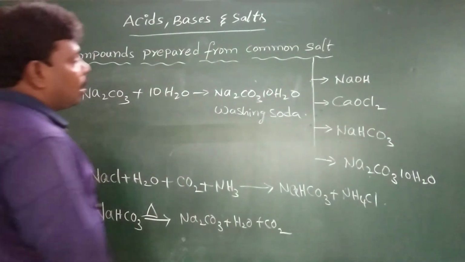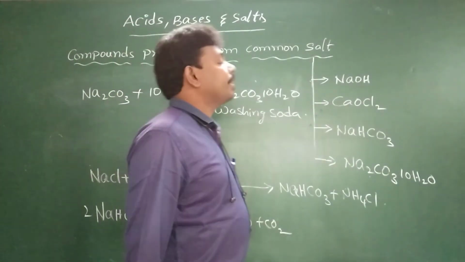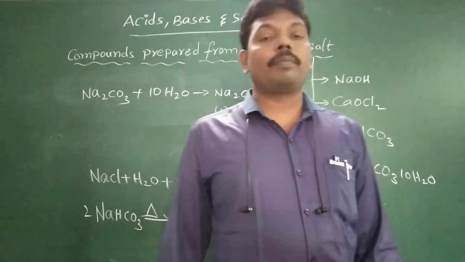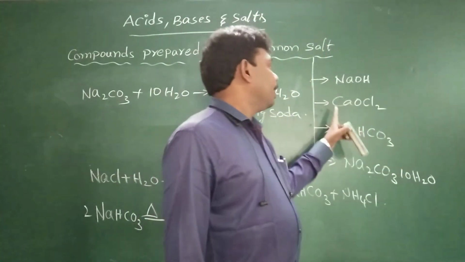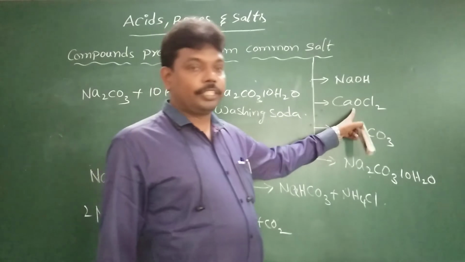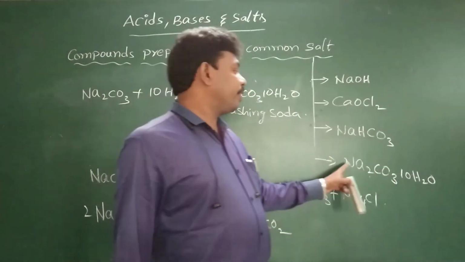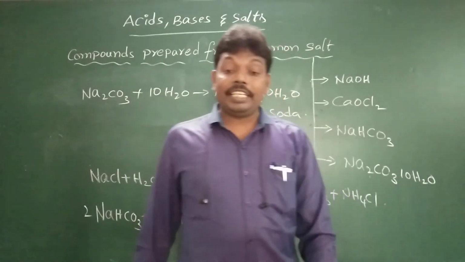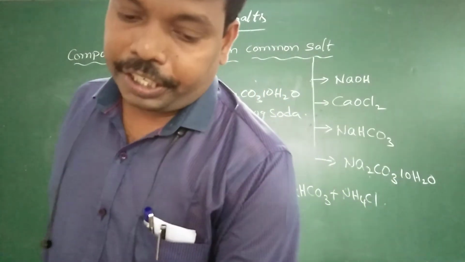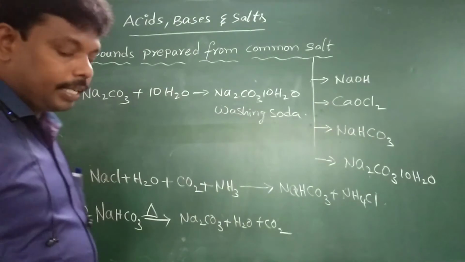Okay, so these are the four compounds prepared from common salt. What are the four compounds? Number one, sodium hydroxide. Number two, calcium oxychloride, bleaching powder. Number three, NaHCO3, that is called baking soda. Number four, Na2CO3·10H2O, that is called washing soda. Okay, now